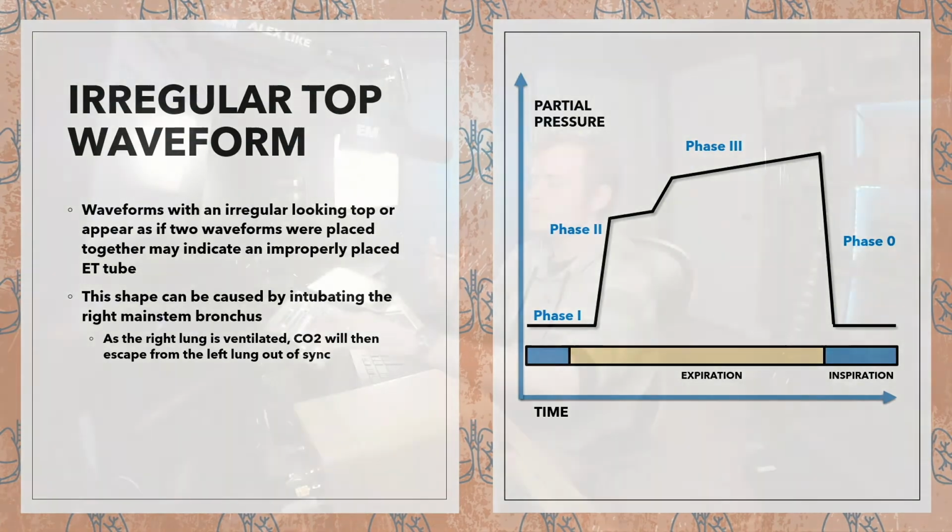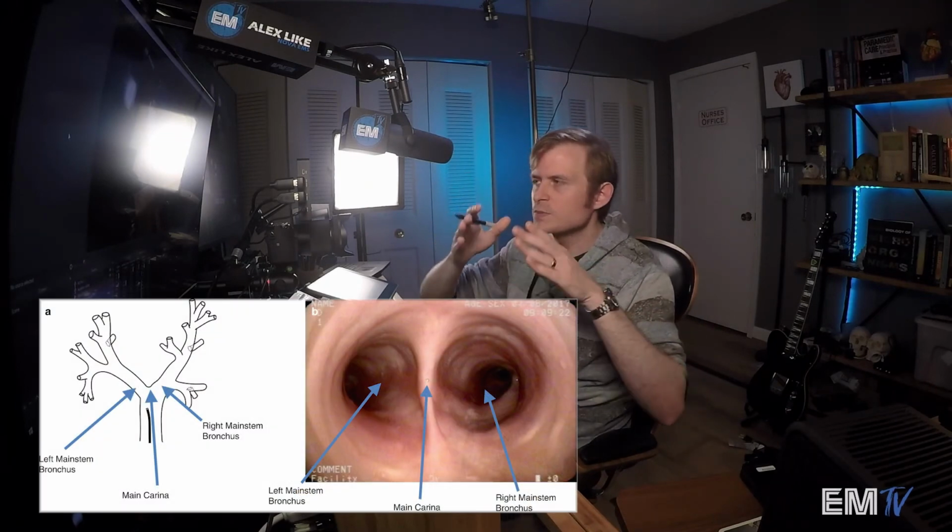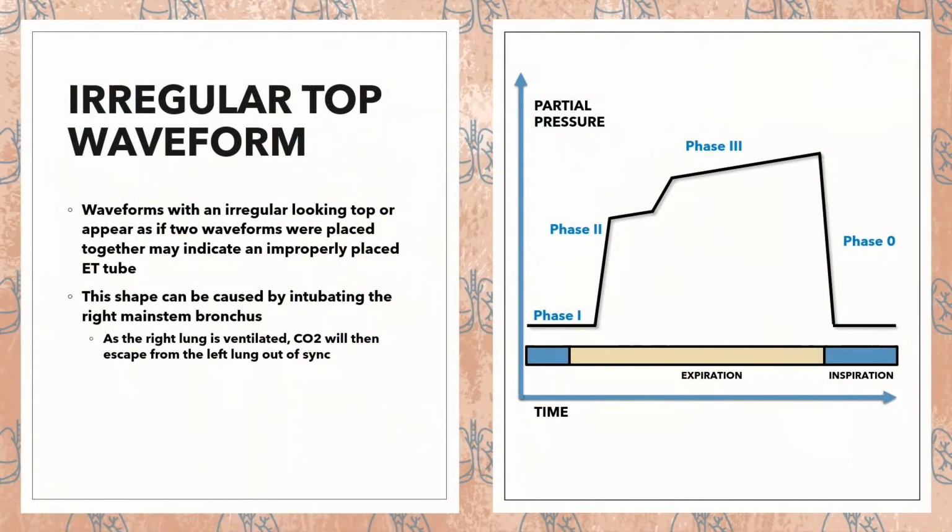So we've placed our ET tube into the airway, and instead of being at the proper depth, we've intubated too deeply, and 9 times out of 10, that airway takes a turn into the right mainstem, and usually you're ventilating primarily the right lung. Sometimes it can go into the left mainstem, but because of the way anatomically that bronchus splits, it's more likely to go into the right side. When this occurs, you're ventilating the right lung primarily,